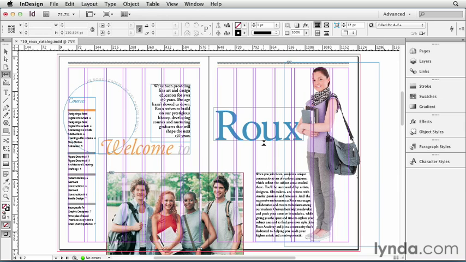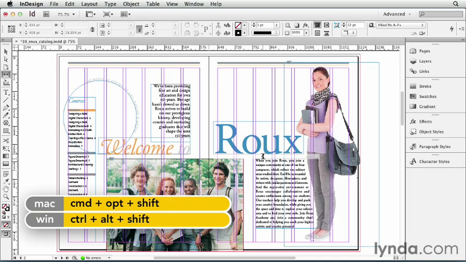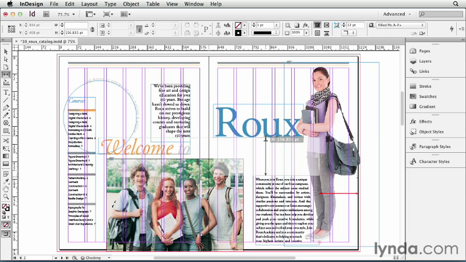the gap. Sometimes you don't want it to change all the objects just because they're aligned. For example, I'm going to undo that with a Command-Z or a Control-Z, and I'm going to place my cursor in between these 2 text frames. I see that that gray bar goes all the way across, and I want to tell InDesign to limit the gap tool to just the text frames on either side of the cursor. I don't want it to be changing that graphic at all. So I'm going to hold down the Shift key. The Shift key tells InDesign to constrain it only to the objects that are on either side of the cursor itself. So now, Shift Option Command or Shift Control Alt, click and drag will move just those 2, and it